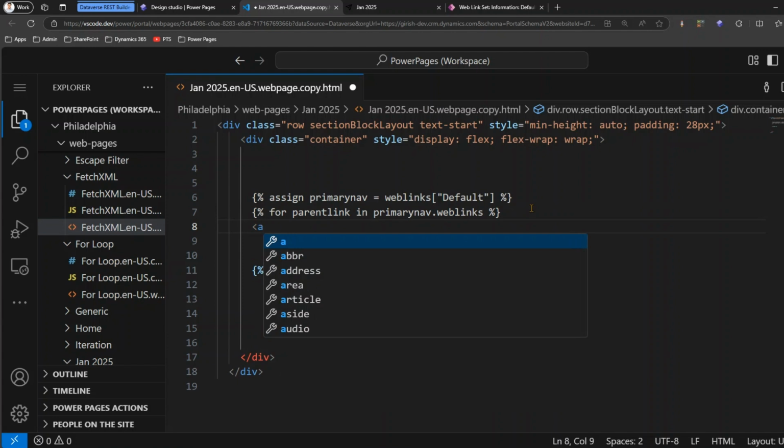Okay, so how do you write an HTML? You just say a href equal to the link. Okay, and you close the tag, you get an a tag, and then here you will put the title, right? Whatever is the title. So for title, it's very simple. We are going to just say parent link dot name. So how do you write in liquid? So in liquid, you just say,